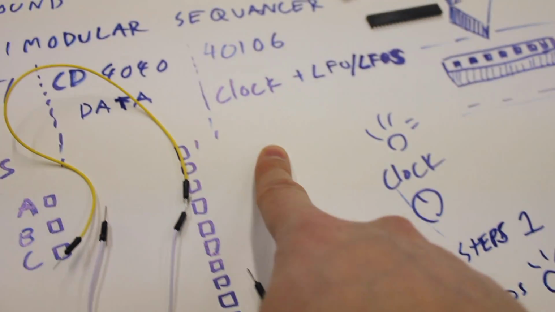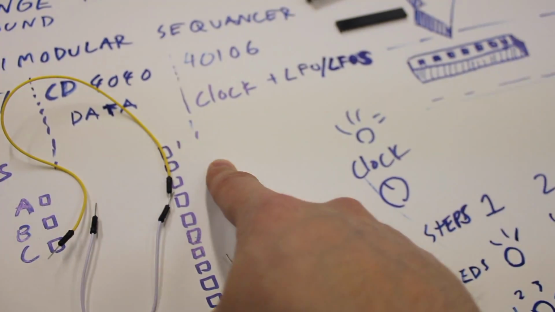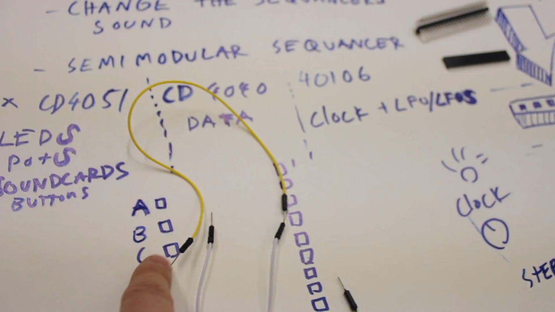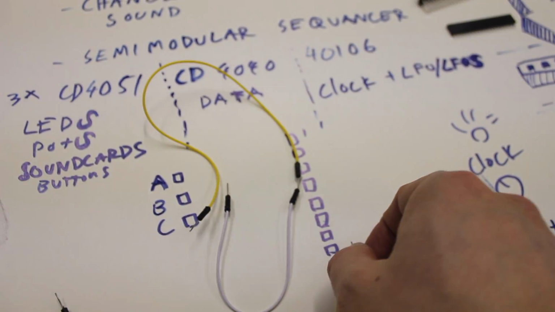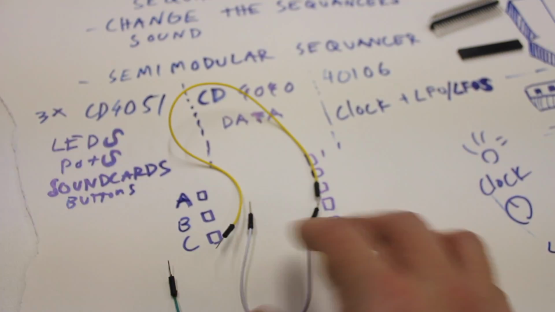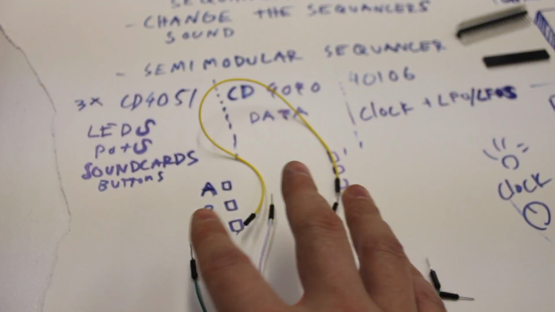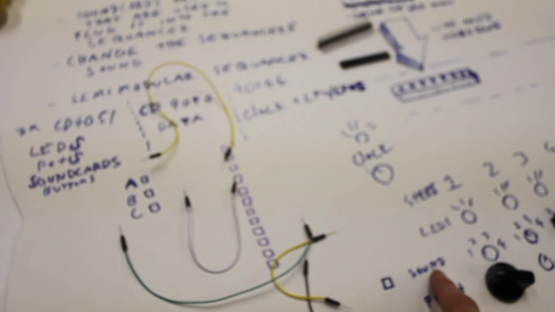And it could also have a clock coming from outside as well. So you would get the clock source coming from the 4040, and then you would put them into the data lines of the 4017, but you could change the data lines to make it go random and different types of things, so it wouldn't have to be the straight one, it could go randomly. And the same goes for the sound control, so you could get it to come up with every clock pulse, so it would be like 2 on each step,